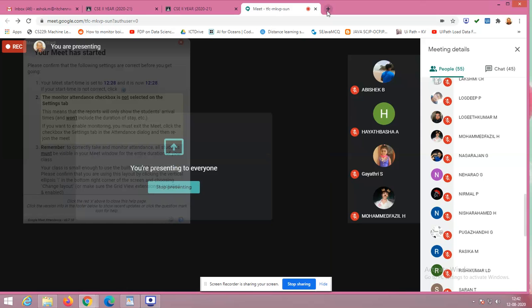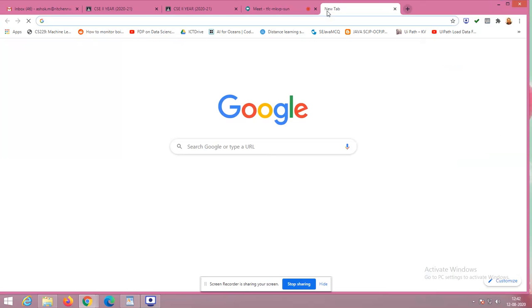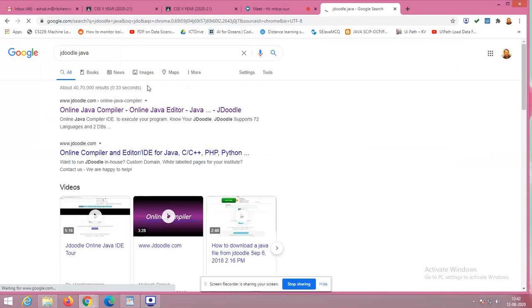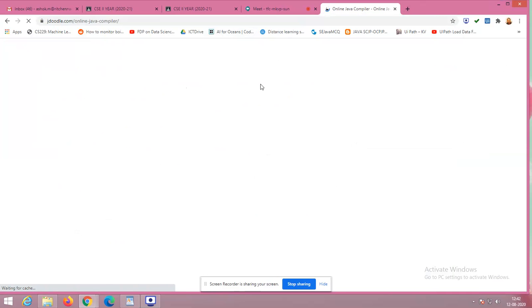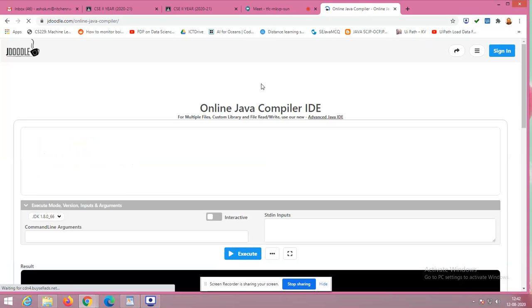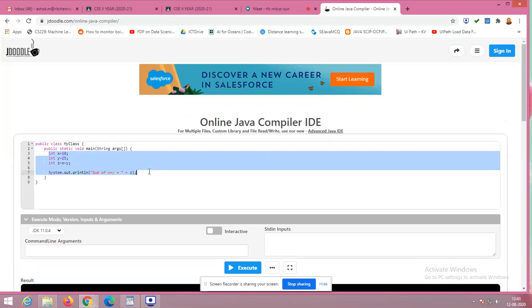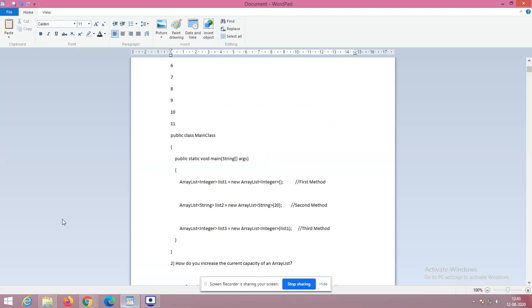So I want to get it done through an online compiler. Normally I'll be using JDoodle, right? I found it convenient from the past days, and I was doing well on these compilers. Else, if you have installed JDK in your machine, it's ready to work for you also. Even I have that, but I found it very easy for us to manage.